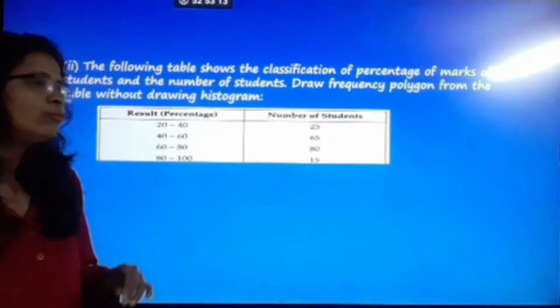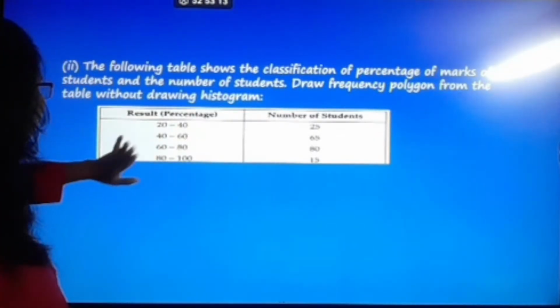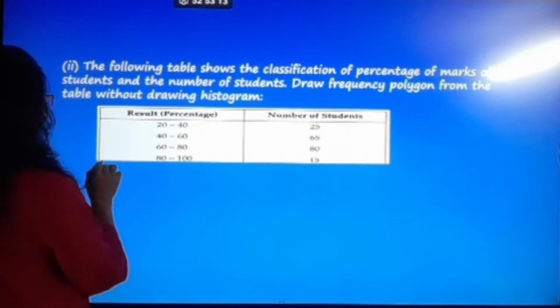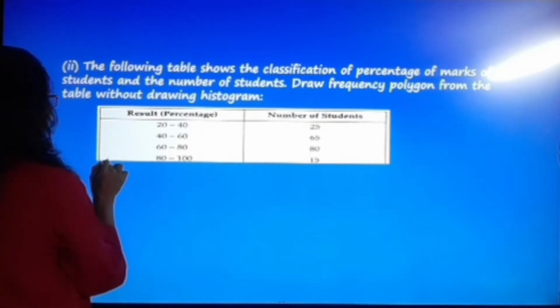Okay, so here we have to calculate. Here is the table, and the table is given for the result, with two columns. They mention the two columns, and the first column is for